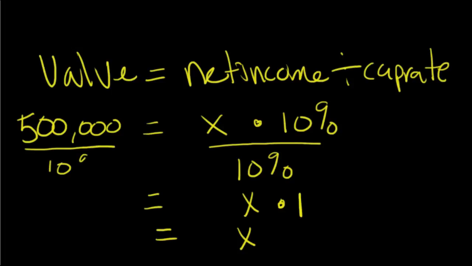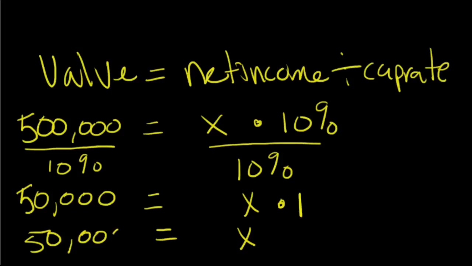I know for some of you this is fairly easy and you've already done the math. This is kind of the long way. That's okay. Let's just do it that way for everyone. So over here we have to divide 500,000 divided by 10. We're going to get 50,000 of net income. So that's our net income. Very, very easy.